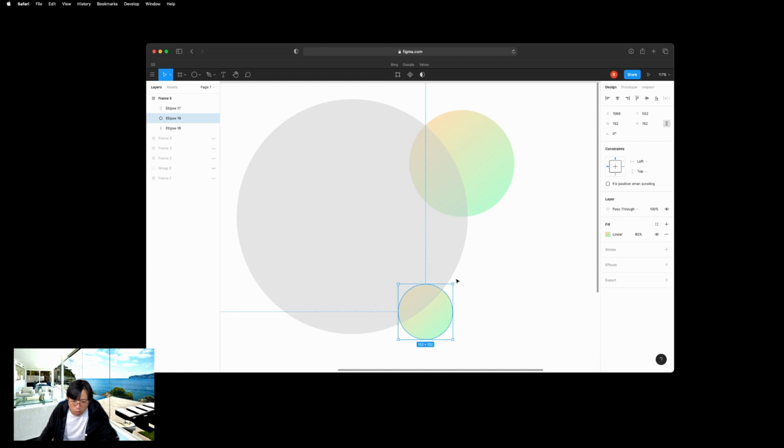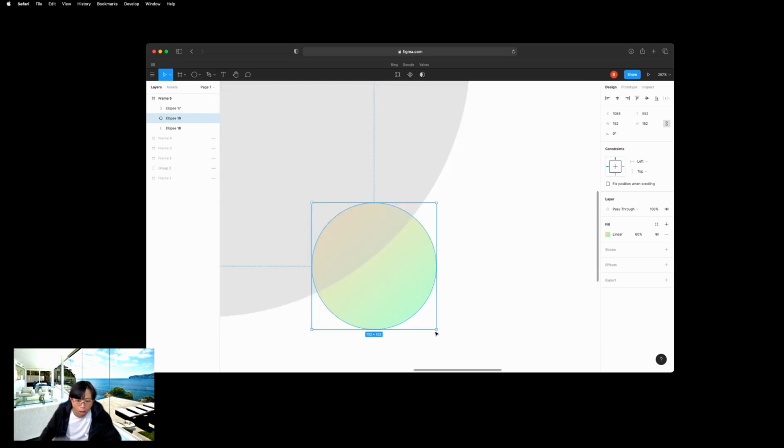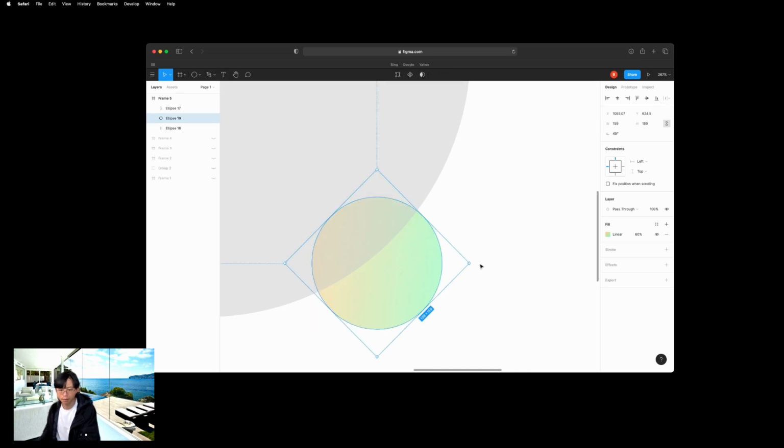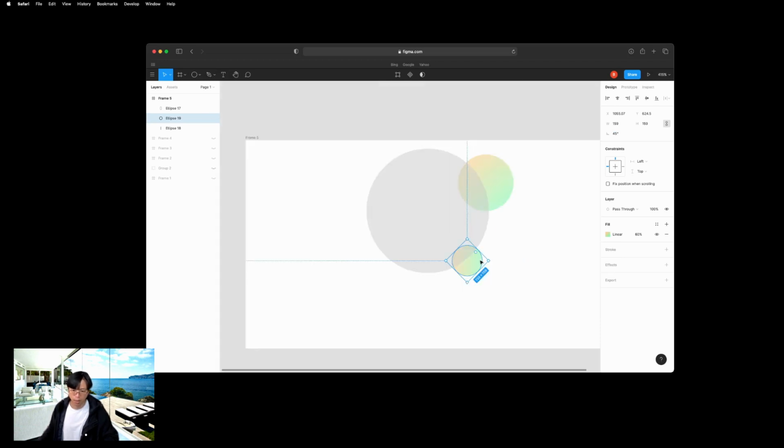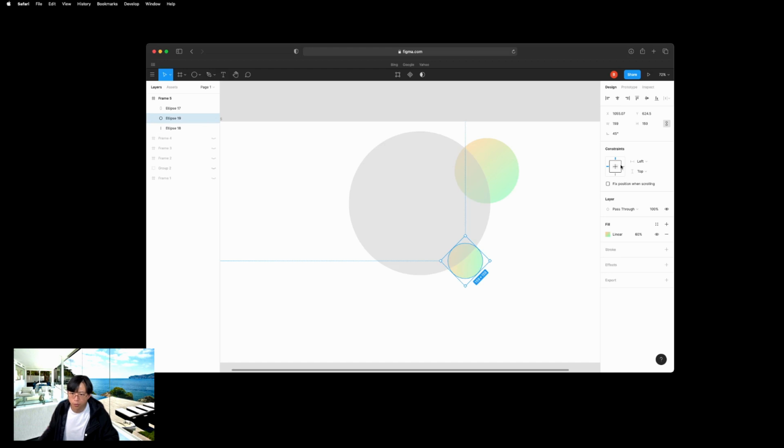Where is my little rotating thing? For some reason, that rotation thing doesn't show up. Let's say we do a 45-degree rotation, right? I don't know why it doesn't show up. Usually it shows up. Anyway, now if we do a 45-degree rotation, let's give a random of